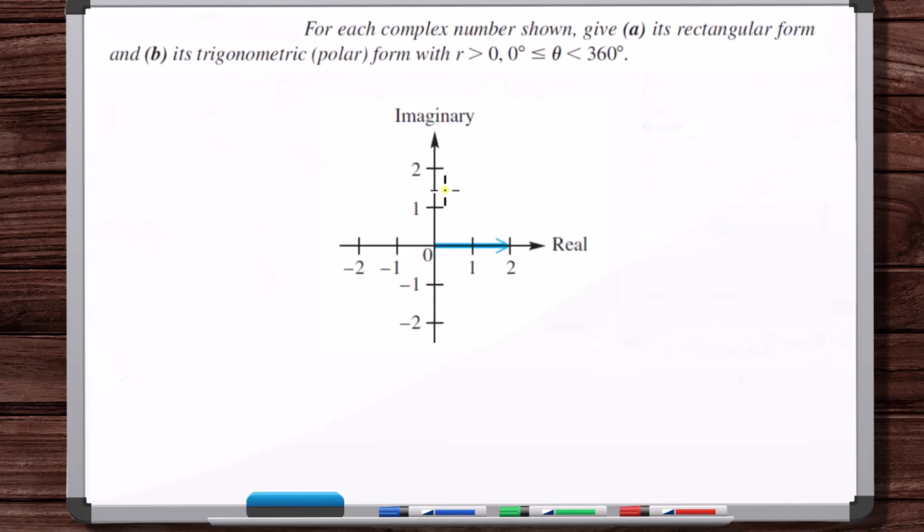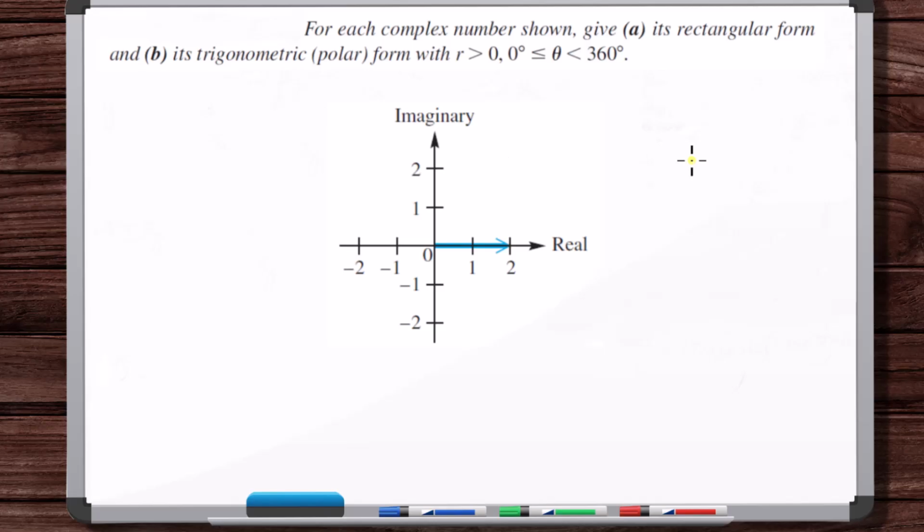Now, one thing to note is that, yes, the forms are different, but we're referring to the exact same number. No matter what form we represent this with or what coordinate system, we're still talking about the same number. So these numbers are equal in both of their forms. And that's what we're going to see when we write out the polar form. If we simplify it, we get the exact same number that we have in rectangular form. There's no difference. It's just a different path of how you represent the number. It's really important for you to understand that,